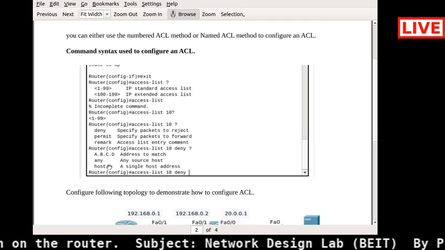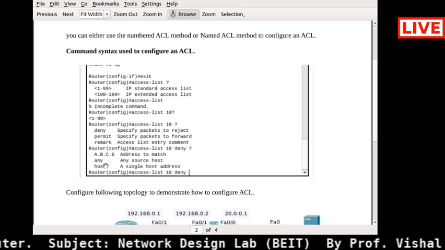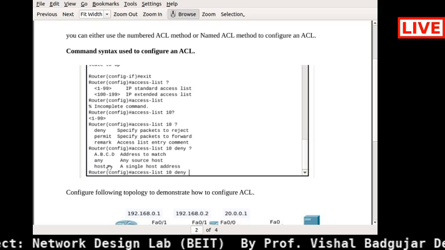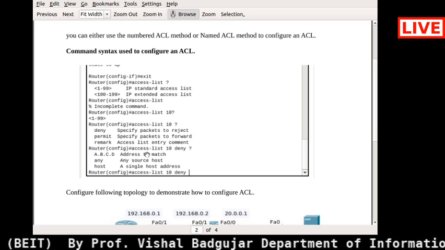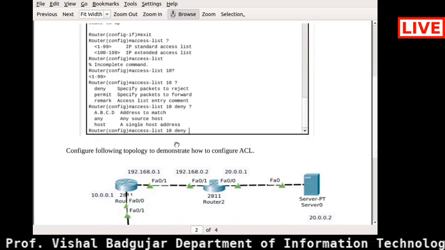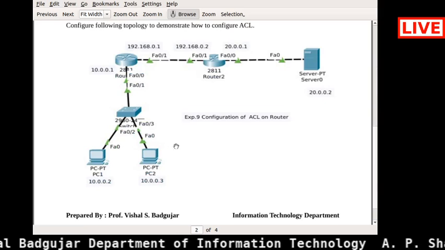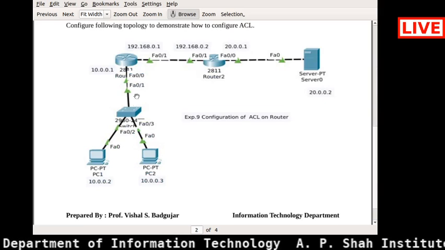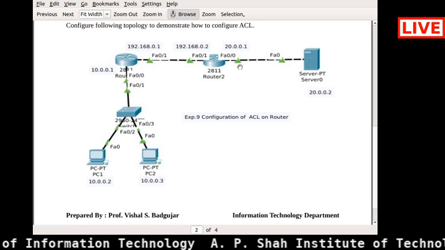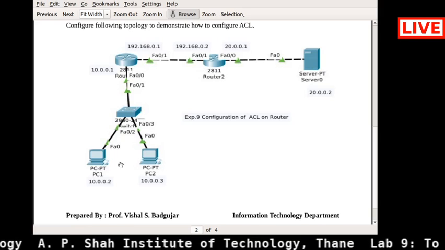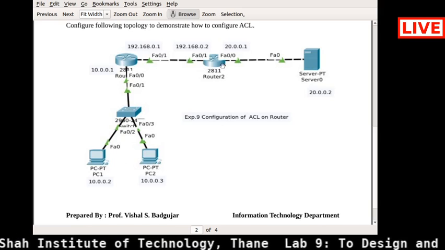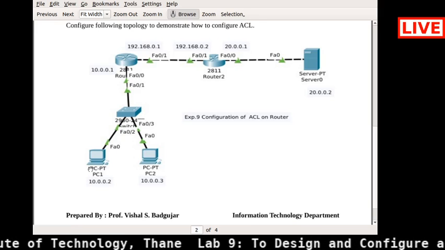And you can also use the IP or host name directly in that particular router, in order to configure the ACLs into it. Then we will see this particular topology as I already discussed with you. Here I am using two routers, one server, one switch and two end devices. Now what I am going to do here is restrict this particular